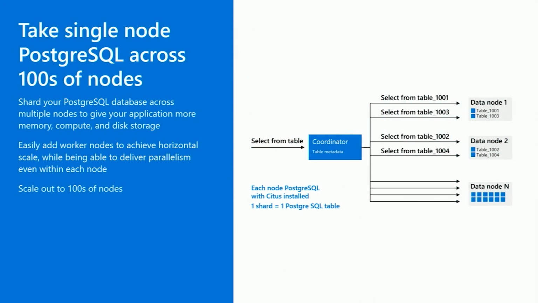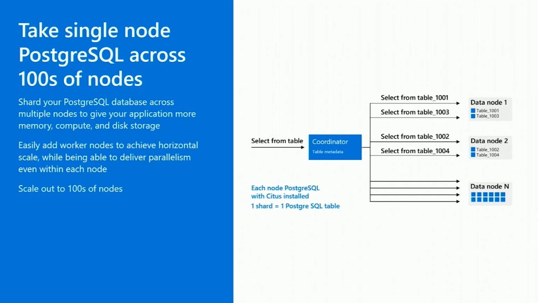All right, so let's talk more about how you do that. Awesome. So before talking about how Hyperscale Citus solves these problems, let's look at the Hyperscale Citus architecture. In the Citus world, you have something called the coordinator node, and you have multiple worker nodes. The coordinator node is the node that orchestrates your queries to the right worker nodes. The worker nodes are the nodes where the actual data exists. That's where the computation happens.